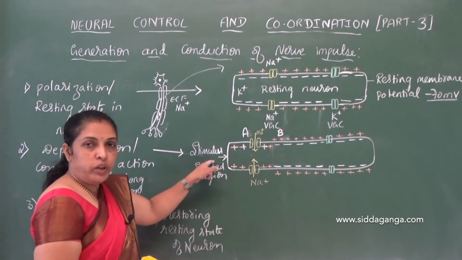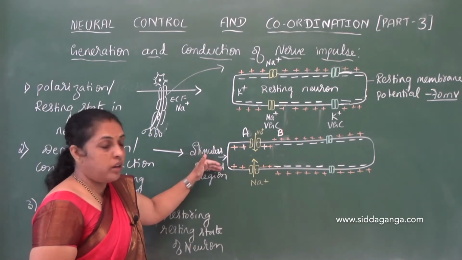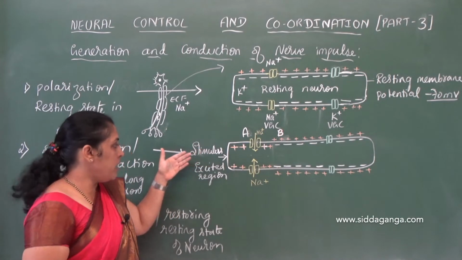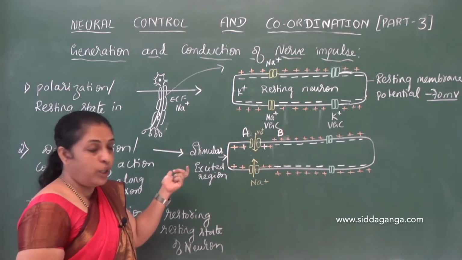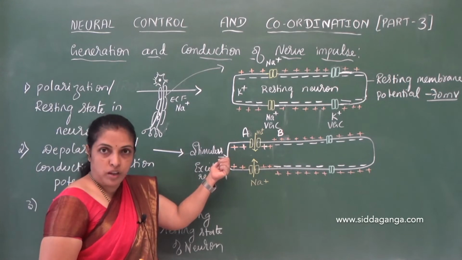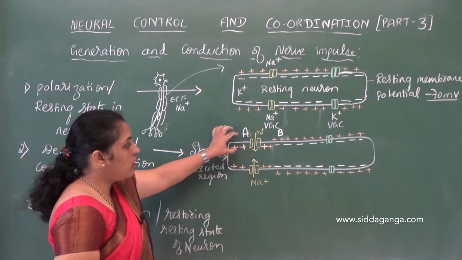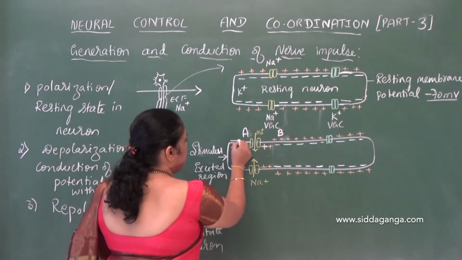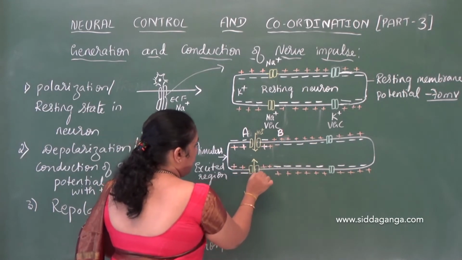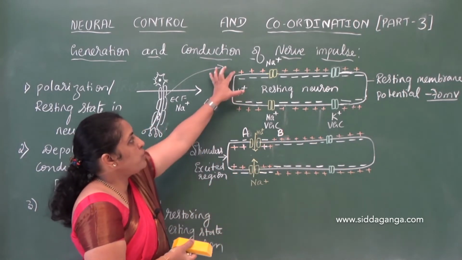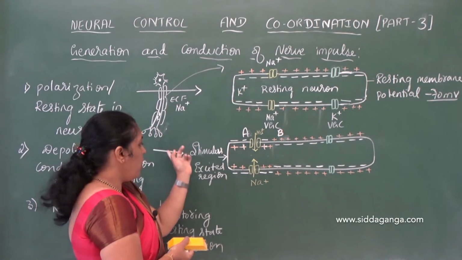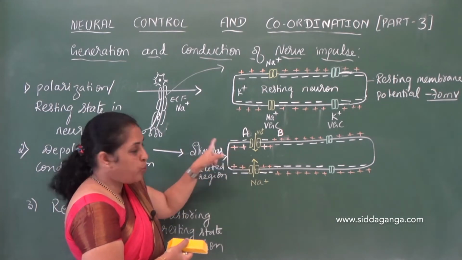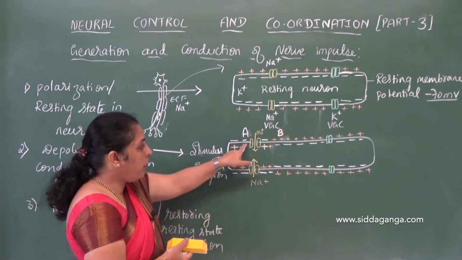When we apply a stimulus, the stimulus may be either mechanical, chemical or physical. Physical like heat or cold, chemical like acids and bases, mechanical like injury. When we apply a stimulus, we see a change in the polarized state. When neurons are at rest, we saw outside positive, inside negative. Now when we apply a stimulus, we see changes in their polarity, because when a stimulus is applied, the membrane, the axolemma,